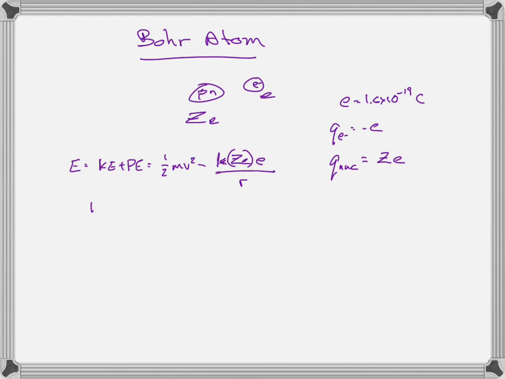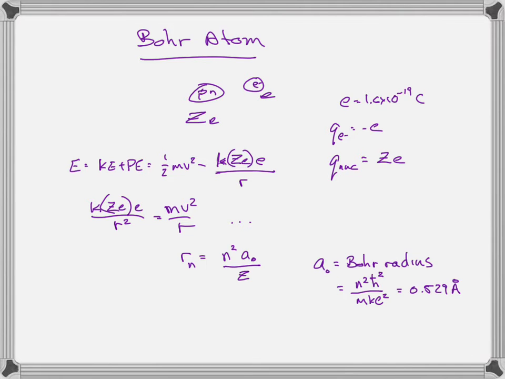We also saw that the Coulomb force, kQQ over r squared, or kZe·e over r squared, equals the centripetal force, mv squared over r. Then we derived everything for Z equals 1. Well, if Z is not equal to 1, what is the result? Easy enough to do. Leaving the Z in there for hydrogen, helium, lithium, beryllium, etc., we find that